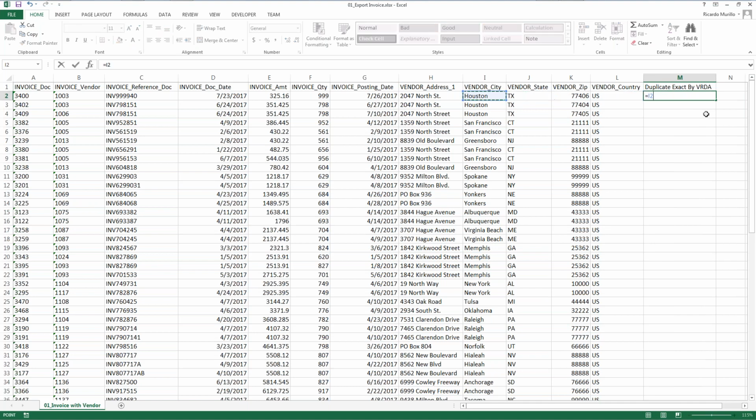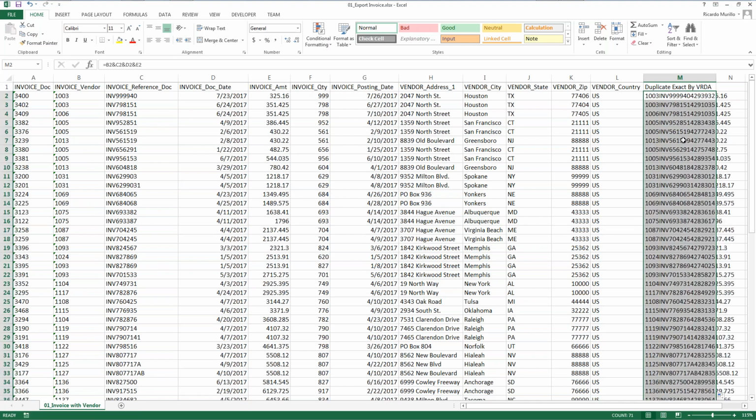I'll go ahead and add the vendor, the reference doc, the date, and the amount. So now we have a field that has all of them, and we'll be able to find if they have exact duplicates. I'll go ahead and copy the data down,